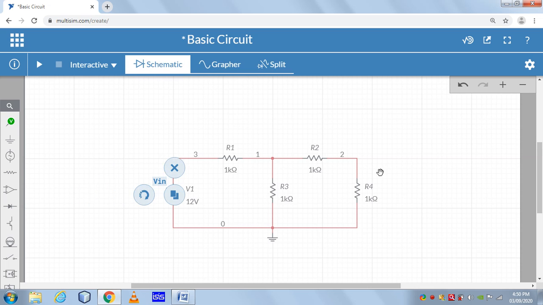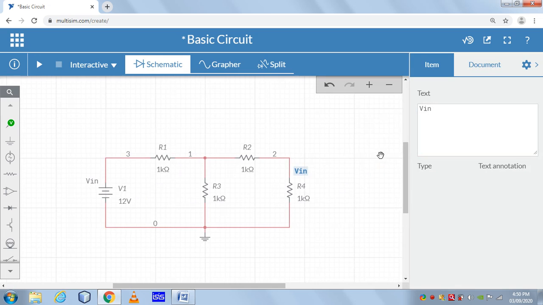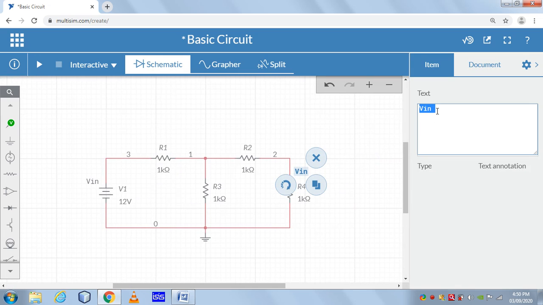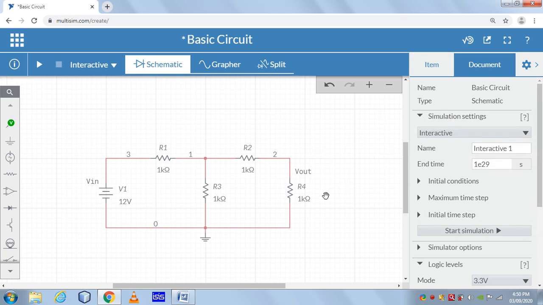And like here V out, I can copy and paste, and you can edit it. So this is V out. It is like labeling your node.